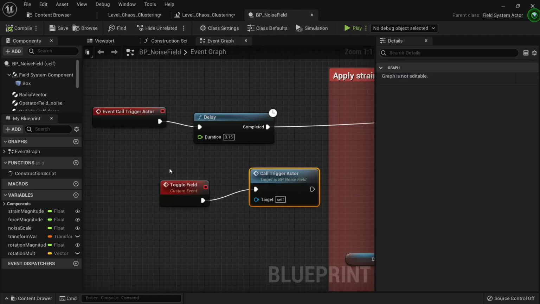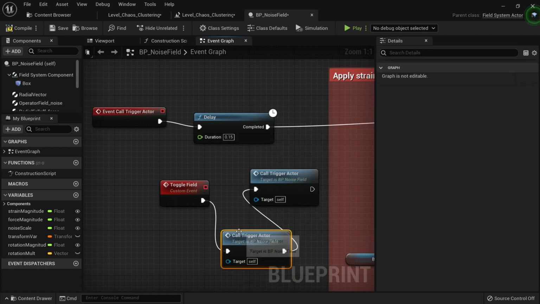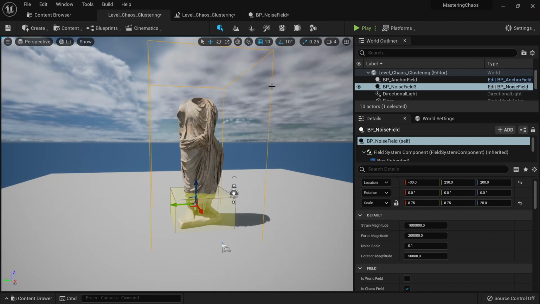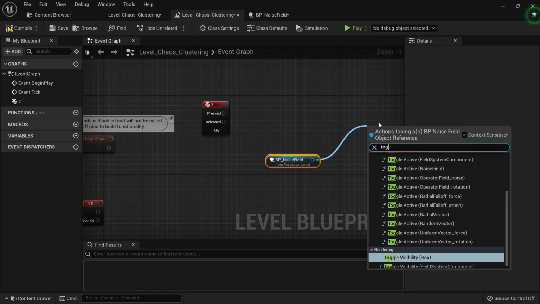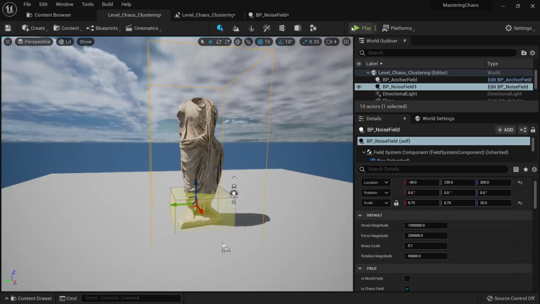So for this one, I already created my custom event, just like this. And I'm calling the trigger actor, just by calling call trigger actor, just like this. Okay, let me delete this. Okay, compile. And now here, let's reference our noise field. I will drag it and call the toggle field. And then I just need to toggle it by pressing 2. So if I hit play,